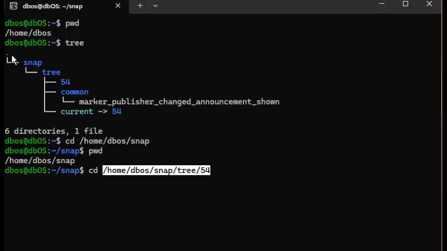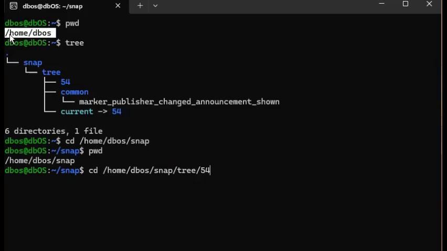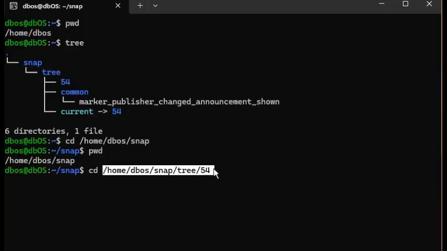Okay, so remember that this dot here was the value of this at that point previously, which was /home/dbos. So right now, if you do a pwd, it will be a different location. But at this point over here, just remember that this dot at that time was /home/dbos. So the full path is this: /home/dbos/snap/3/54. And that's our absolute path, starting from the root directory all the way to your destination